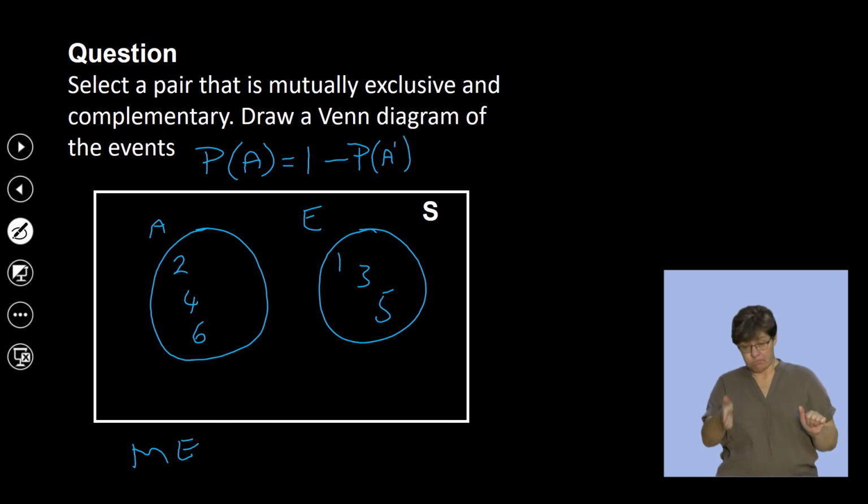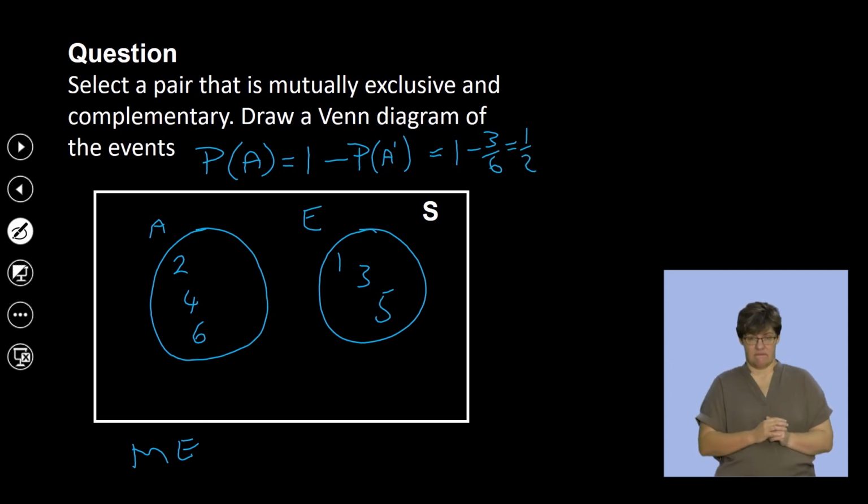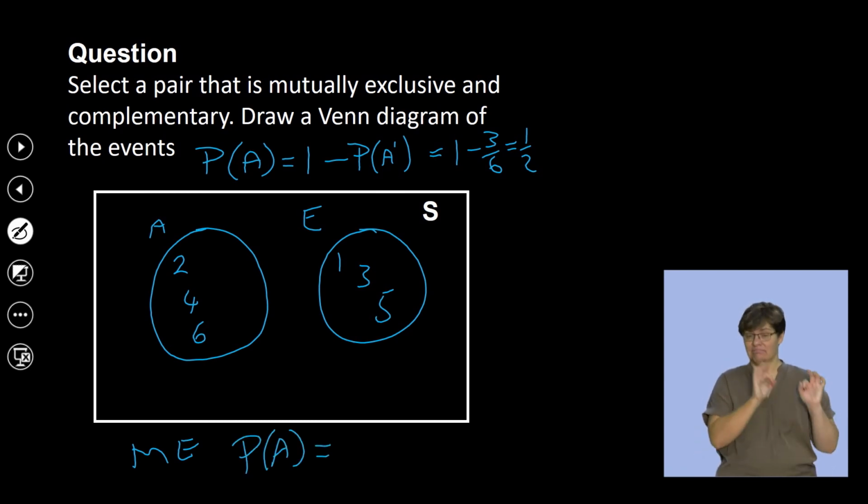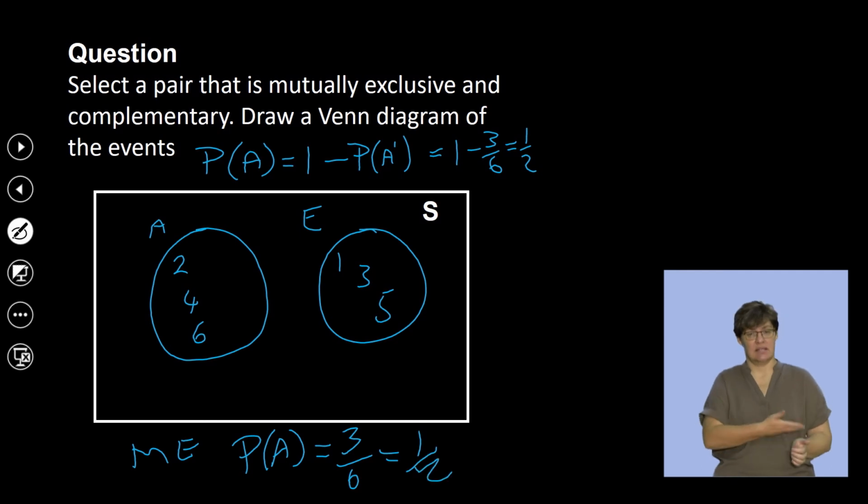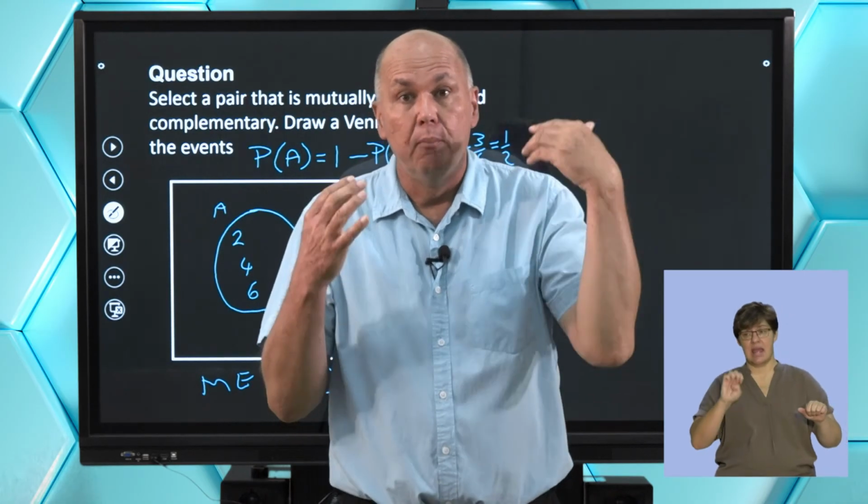And what we'd recognize then, if we fill in the numbers, we can say that this is 1 minus 3 out of 6, which is a half. So the total is a half. And what do we know about the probability of A? Well, the probability of A is exactly that. It is the total number in A, which is 3, divided by the total number of outcomes, which is 6, so it's a half. So we can therefore say that these two outcomes, set A and set B, are both mutually